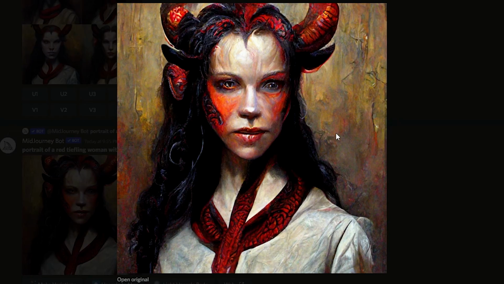This is really good in terms of what a computer can kick out. If you had told me that a person created this, I would actually believe you. All right, so Midjourney has created a really cool tiefling for us. It wasn't as red as I thought it should be, but there was definitely red in the image there, so that was good. We're gonna go ahead and turn our attention to Nightcafe and see what it can do with